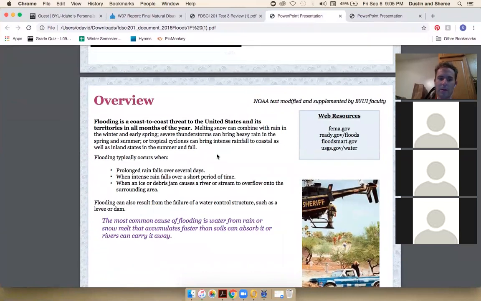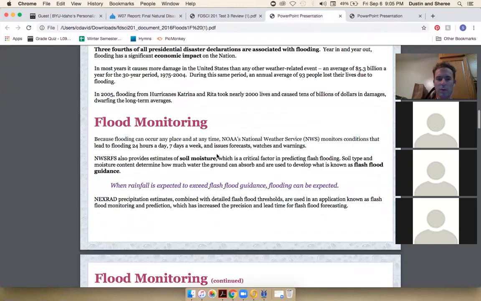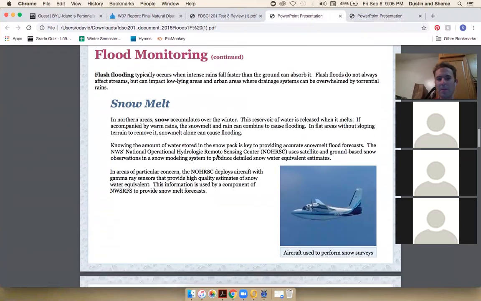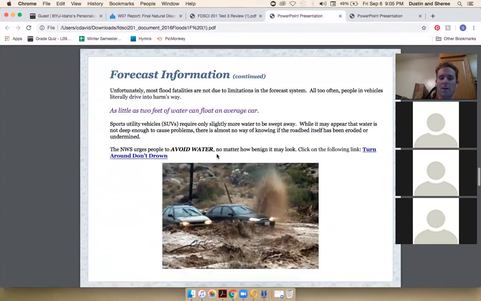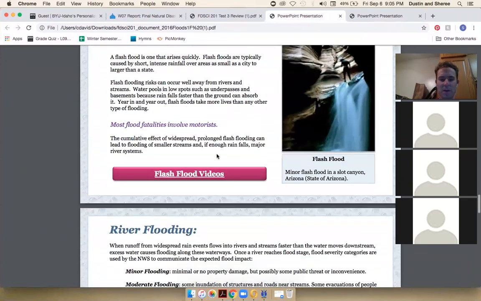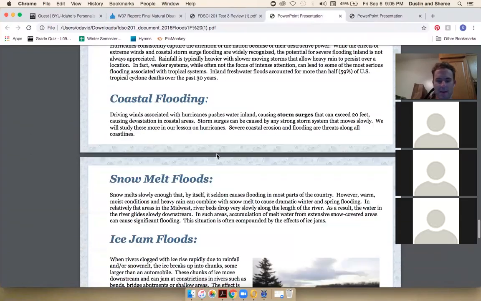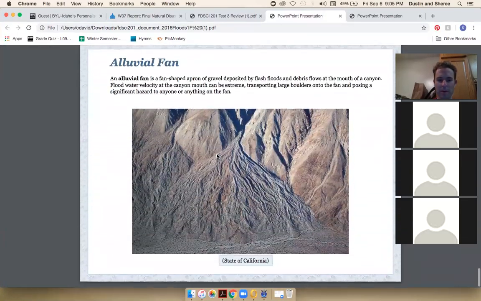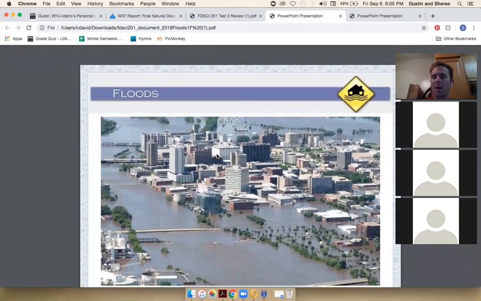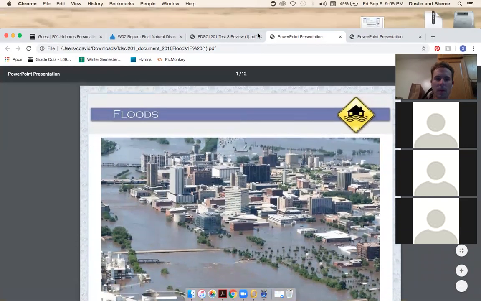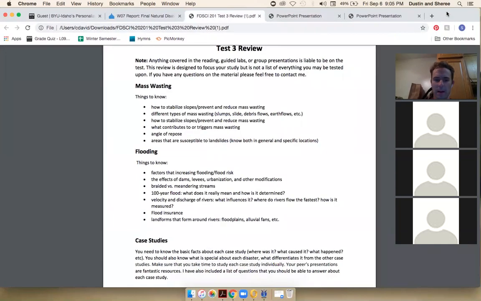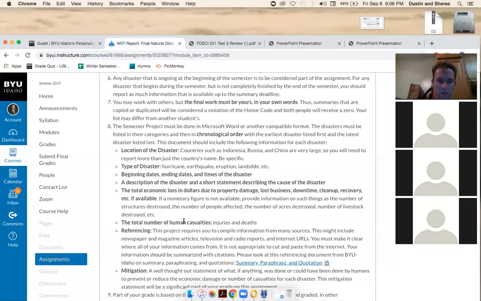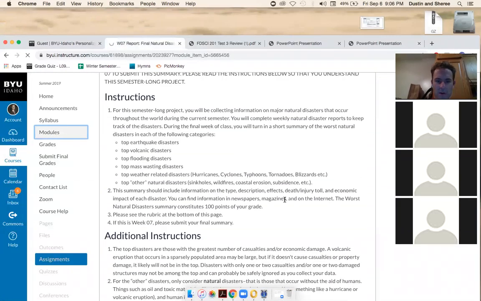Let's see here. Overview, flood monitoring impact. So flooding can be caused by snow melt, flash flooding. I don't want to spend too much time on these things. Okay, mud flows, fans. Okay, last thing I want to spend some time on with flooding, I'm going to go back to this here. Oh, I do want to open that other one. Sorry guys, I just want to open one last